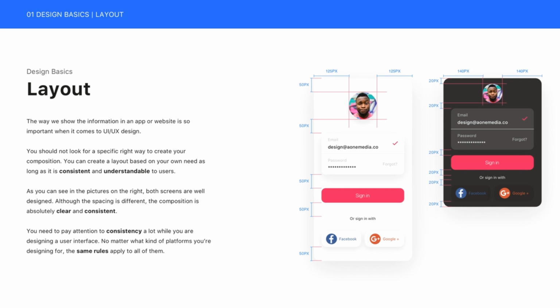As you can see, the layout of this design is quite clear. And the reason for that is the consistency of spacing. In the next lectures, we will also talk about spacing and the importance of that in design. Now, if you look at the right picture, you can realize that the design is also clear in that layout. However, the only difference is